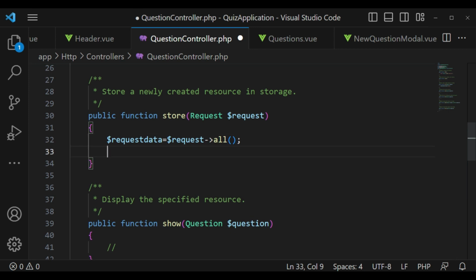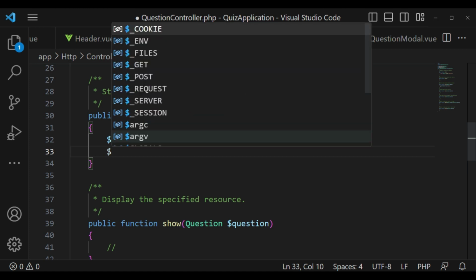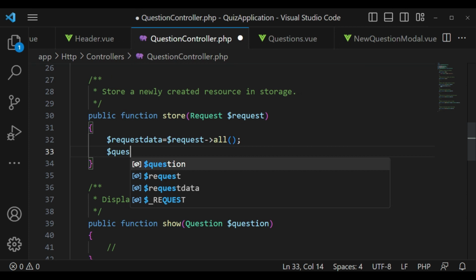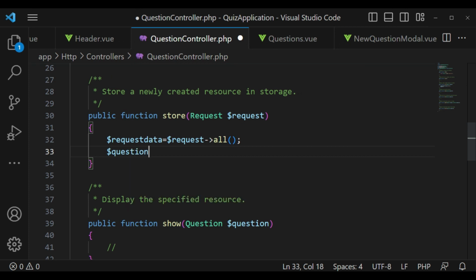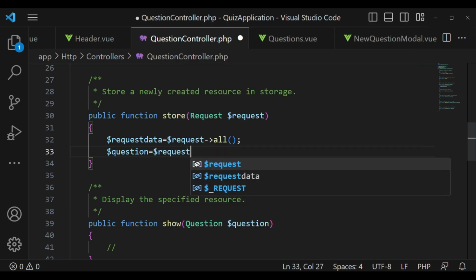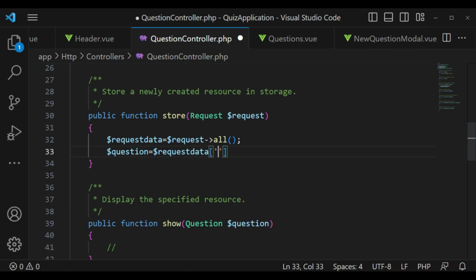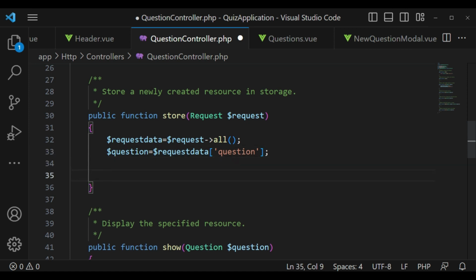After that, I would like us to look into it and get the question, and this is what you're going to do. For us to get the question, we are going to check inside the request data for a key called question, like that. And after that, we can go ahead and save this question. So we are saving it